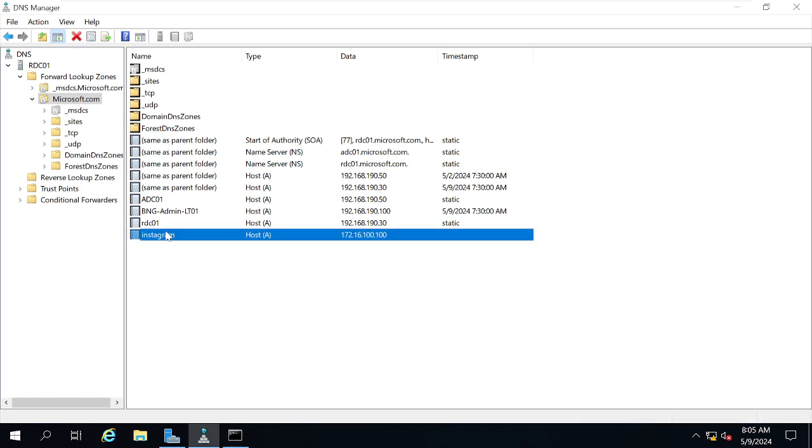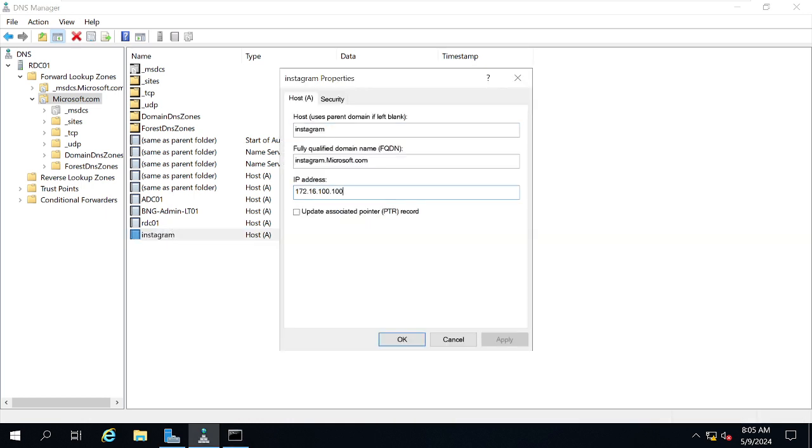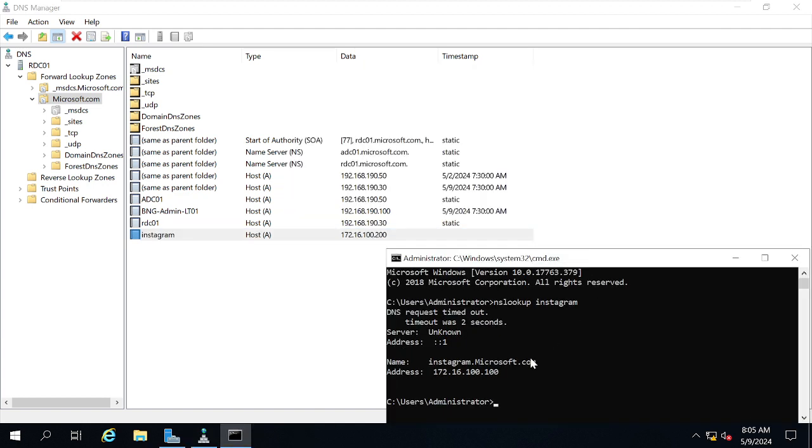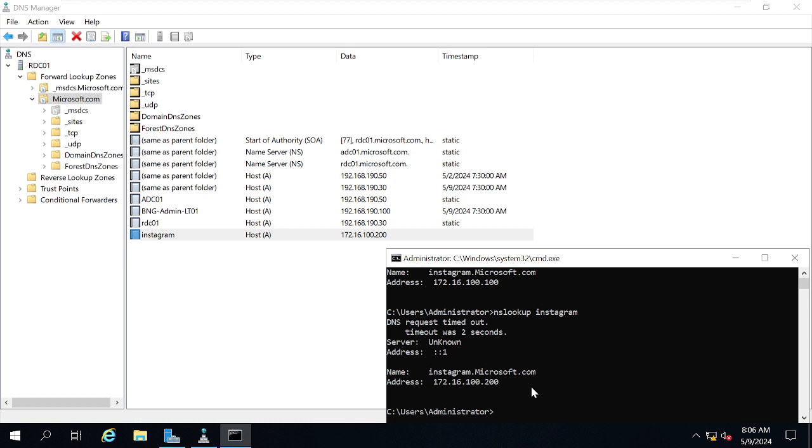Now, to make it more understandable, I will change the IP address. 100.100 to, I'll make it 200. Apply and OK. Now, again, I will run the same command, Instagram. See, now it is resolving to 100.200.